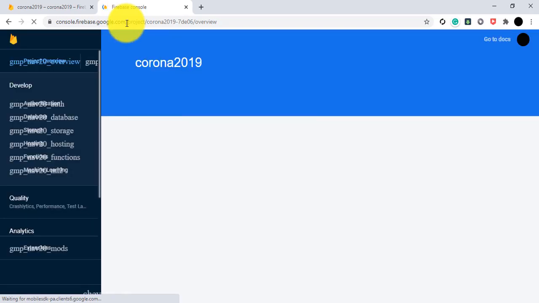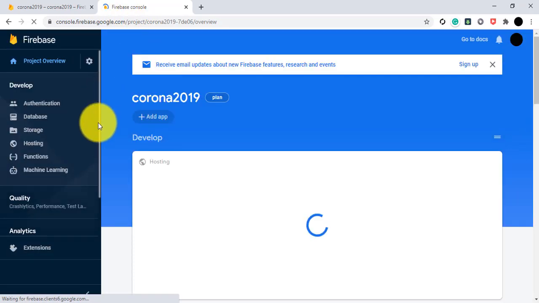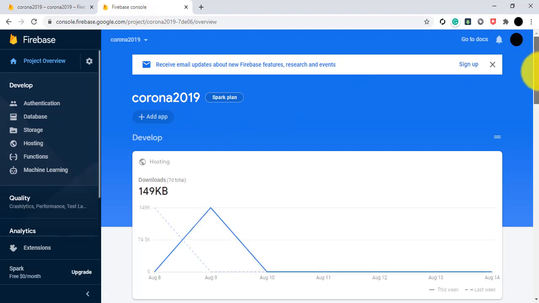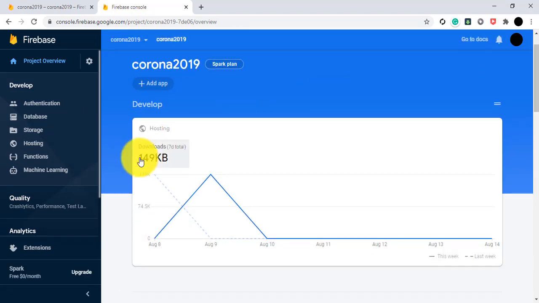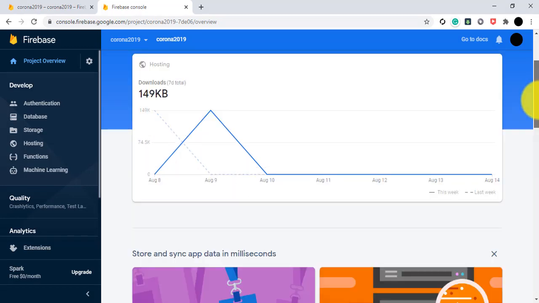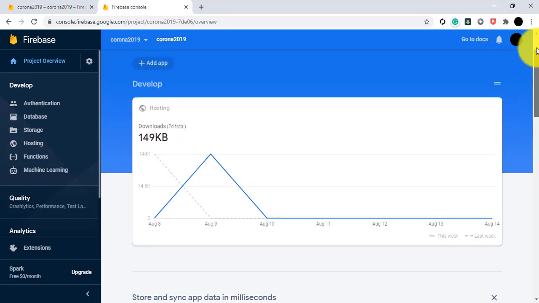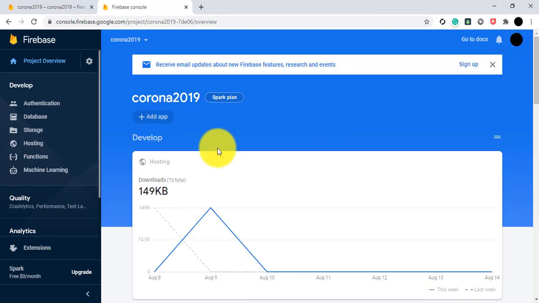So it will take some time. Okay, now you'll see here you deployed your project, it will show the 149 KB you deployed, and the file path is here. So after deploying the project, your path will be seen like this. Okay, now if you go to your hosting part,